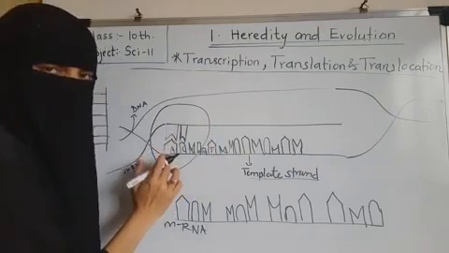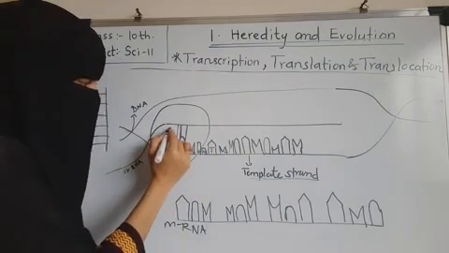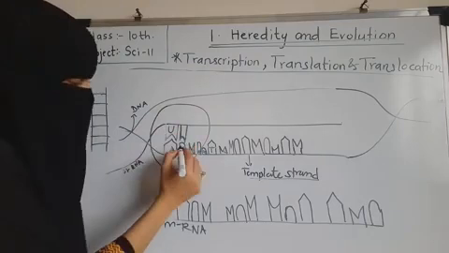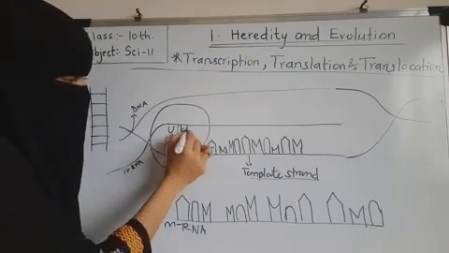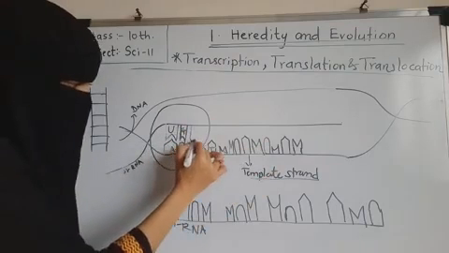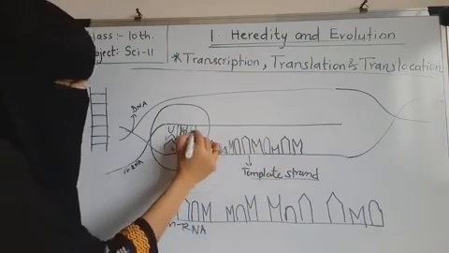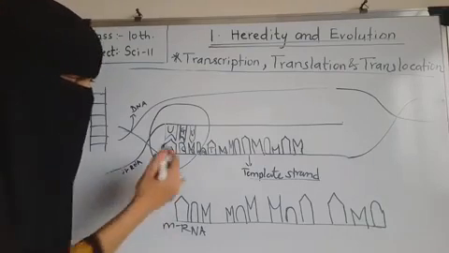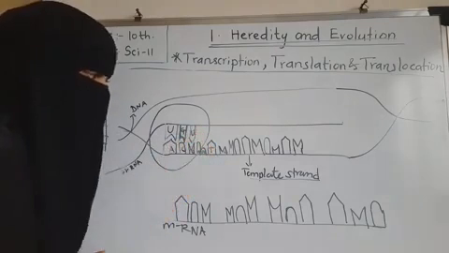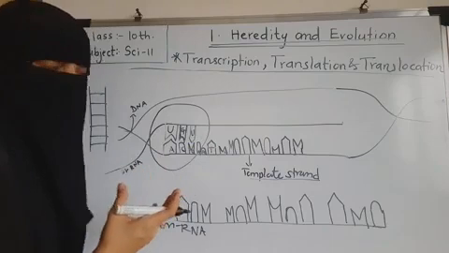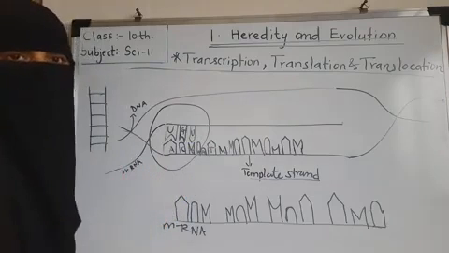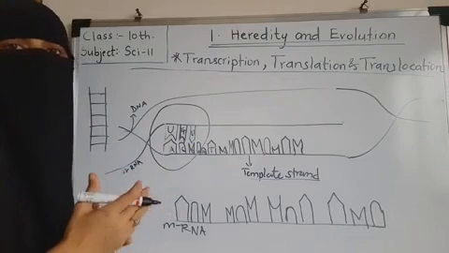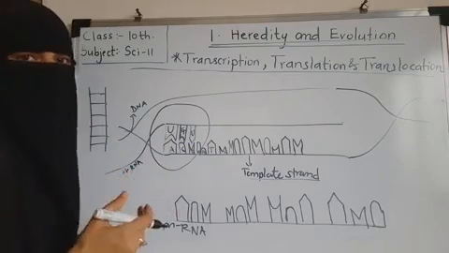A always pairs with thymine. So in place of thymine in messenger RNA, you will write U, that is uracil, since they are complementary, right? C, G, like this. Okay. So this will be the sequence. While producing messenger RNA, this will be the sequence of nucleotides, that is also a complementary pairing. So as I said, the sequence of nucleotides in the messenger RNA being produced is always complementary to the DNA strand that is used for the synthesis of protein.